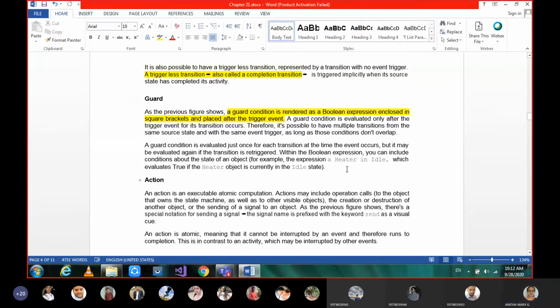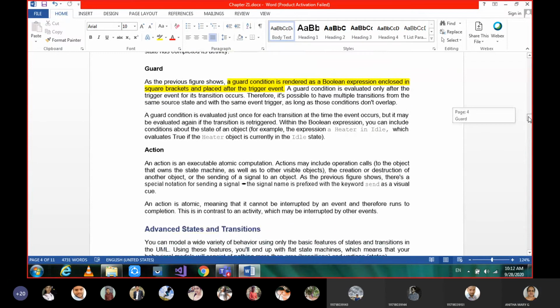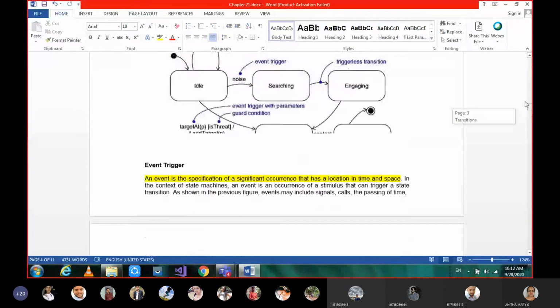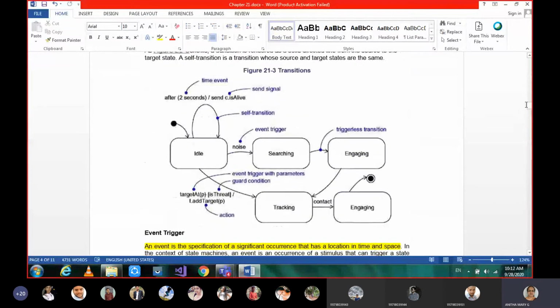Okay. So here the examples. So here this is the one guard condition we can say. So when I was telling you, the vehicle when it is on and when you are in driving state, if any obstacle is coming, you are stopping there.